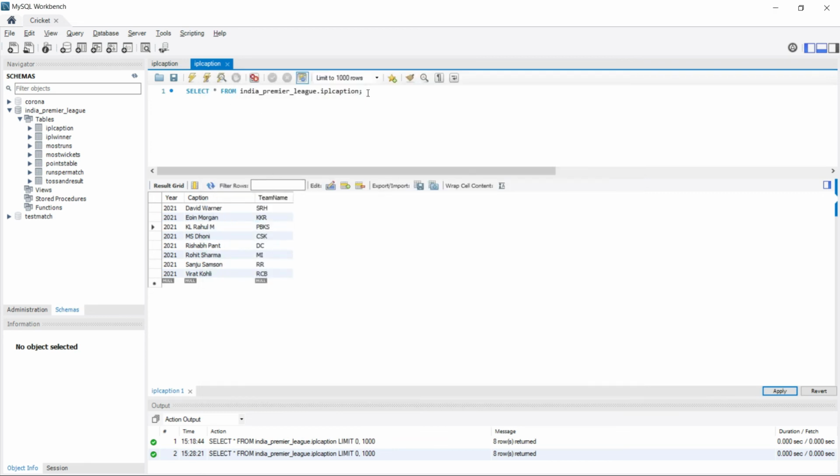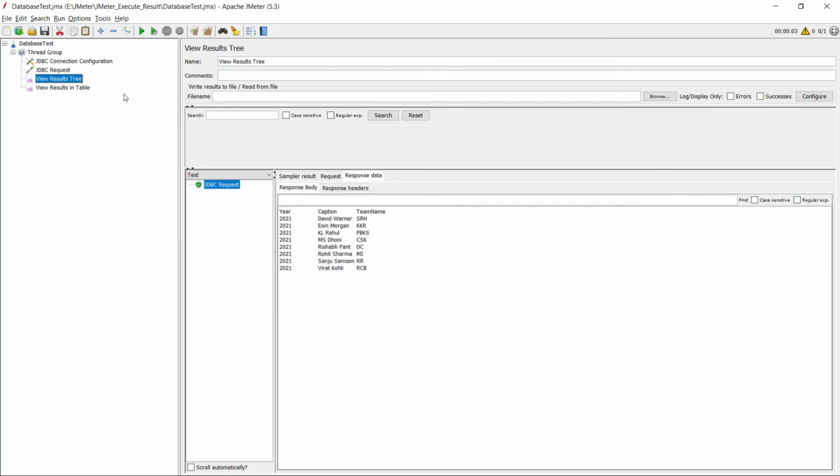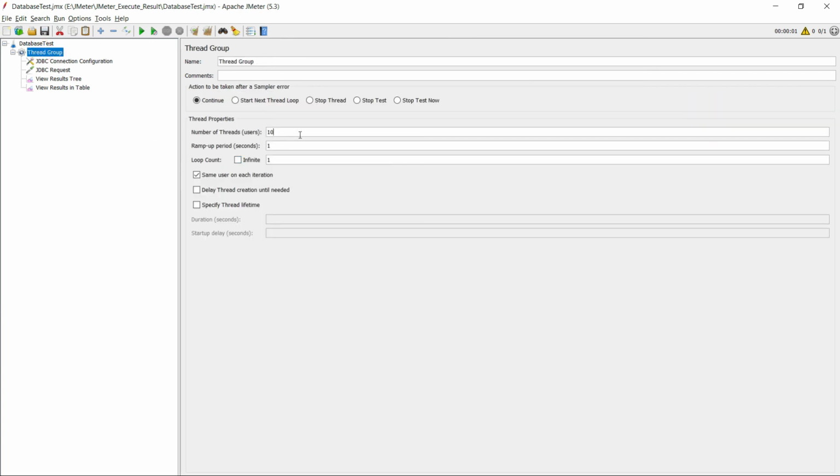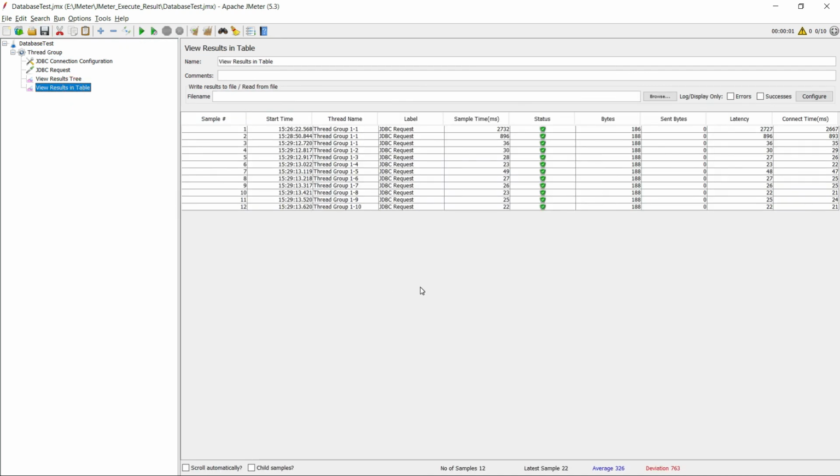Once I execute this, it will show Rahul M. Similarly, once I run this again, in the next result it is showing Rahul M. So whatever changes you make in your database, they will reflect here once you execute it. Similarly, in the thread group, if you want to make it 10 users, you just change the thread users and click on run. According to the changes, it will show you the result.